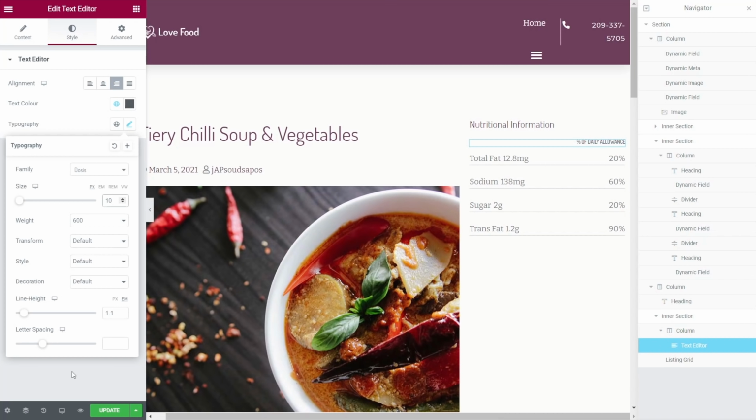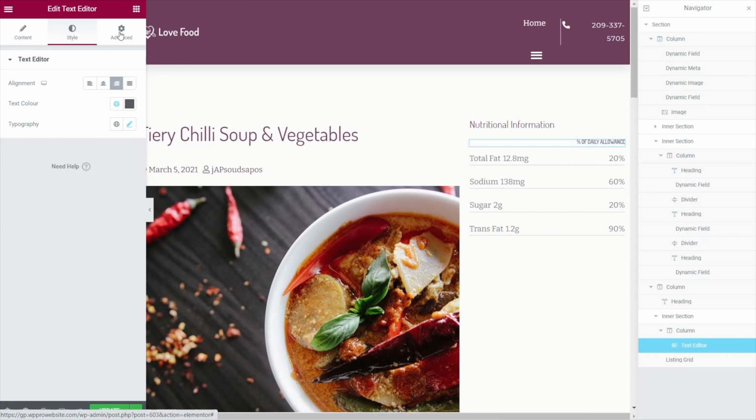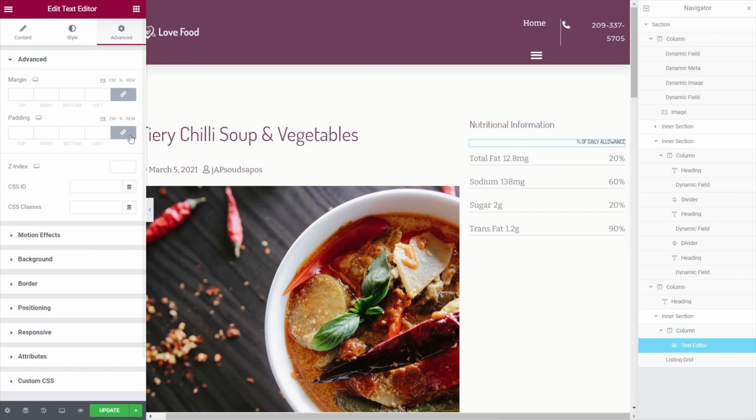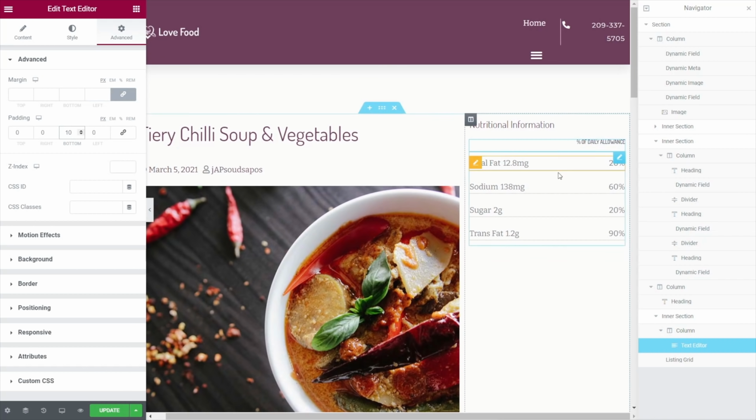That looks pretty good. And if we want to adjust the spacing and things on there, we can do that. So we can add just a little bit of padding at the bottom of that. So we'll uncheck the padding option, and at the bottom, we'll just say 10 pixels of padding, for example. Okay, so that's our information inserted in from our dynamic repeater, and everything is basically set up now for our